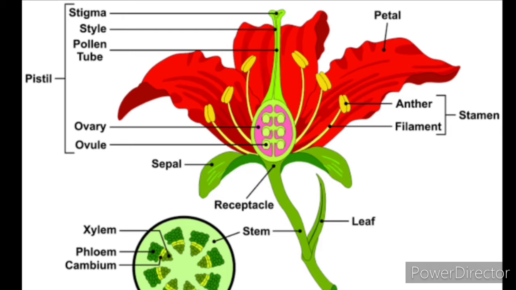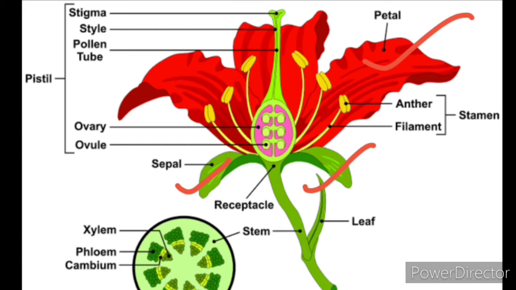Now, let's see in detail the parts of the flower. Now, we said that it consists of four important parts, isn't it? The first one is the calyx. The calyx consists of the sepals. Here you can see the sepals, the green part that is attached to the bottom of the flower. The next one is the corolla. Corolla is the colorful part of the flower that is called the petals. That is the outermost part, you can see these are petals, isn't it? And these two are non-essential parts because they do not directly take part in the reproduction process.